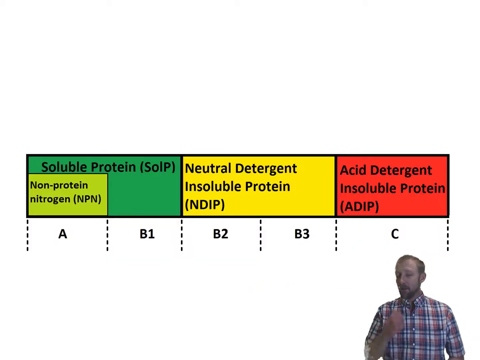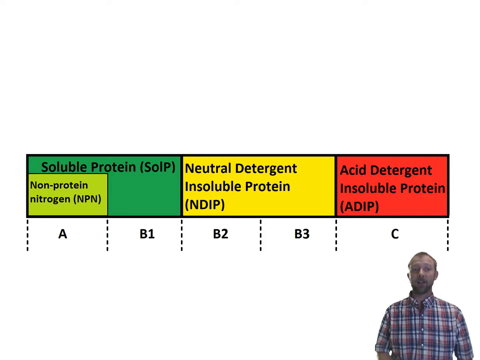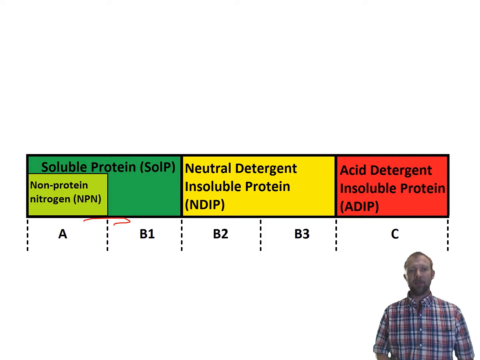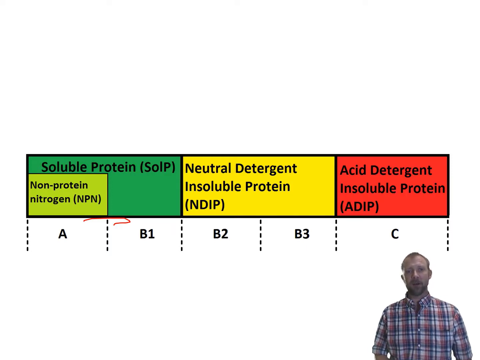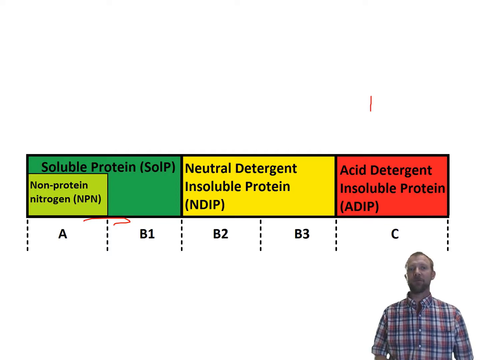This is just another way to look at it. One of the ration formulation programs I use for dairy cattle uses this fraction terminology, and you can see the fractions A, B1, B2, B3. A is always going to be available in the rumen, B1 is almost always available in the rumen, and B2 is mostly available. B3 maybe not so much, maybe some of it will go on. And then they're just making the assumption that all the acid detergent fiber protein is rumen escape.